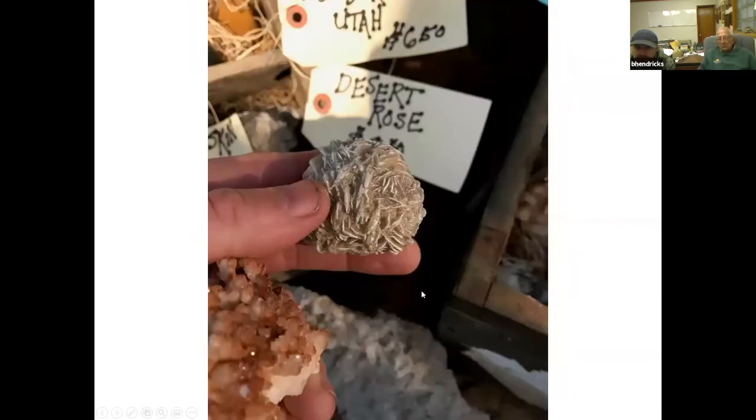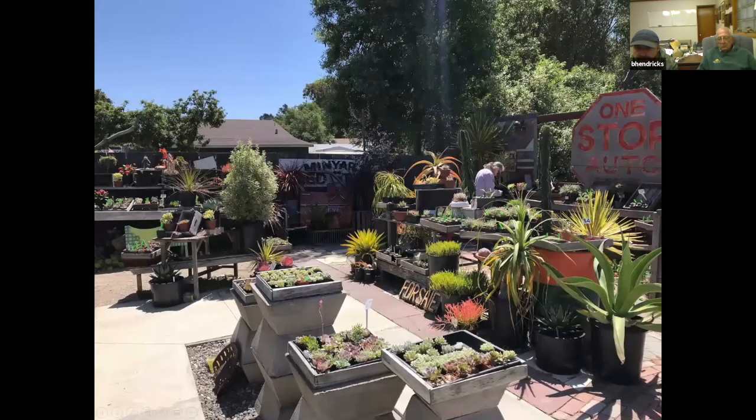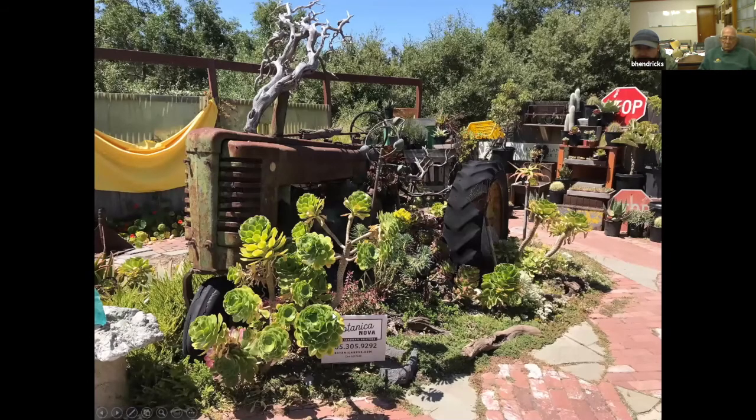Desert Rose. So you walk through like 3 different shops, and then you come out to this courtyard behind the plaza. And this was like their little outdoor nursery area, which is really neat. They just had stuff all over the place. Nice display, tractor,